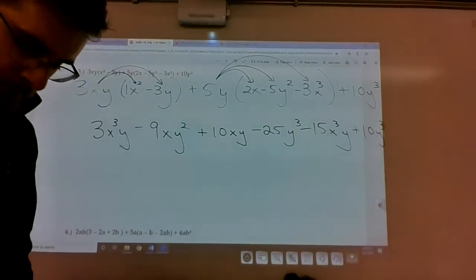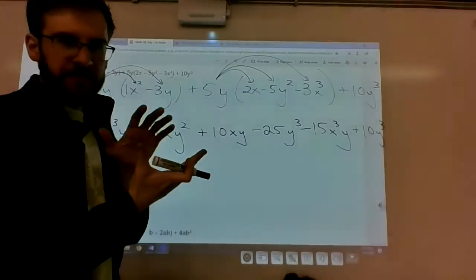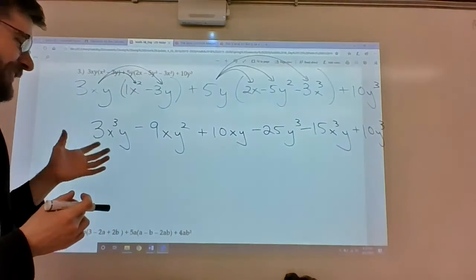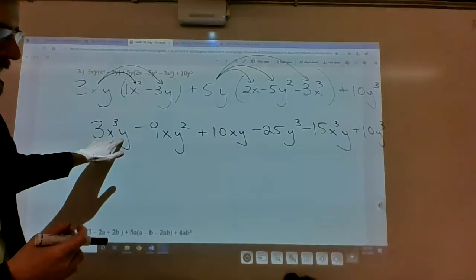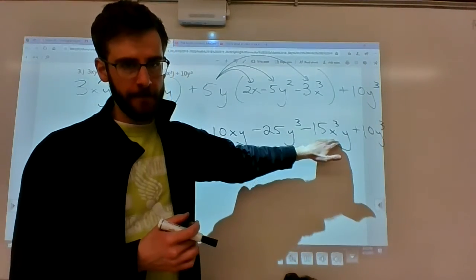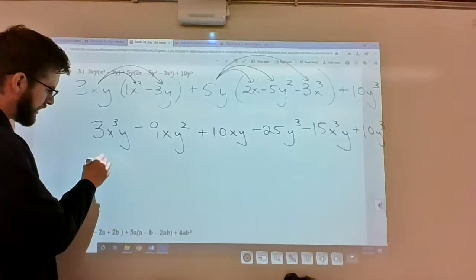So now, we're just seeing which terms can be combined. So the ones, here's the thing. You can only take an x cubed y and add to or subtract from another x cubed y. And sometimes this is a better visual for people. If they saw this as